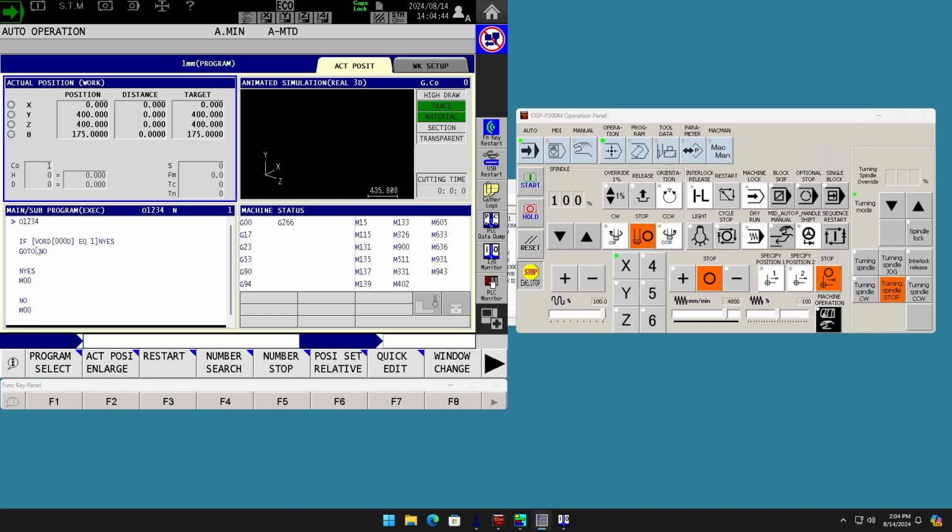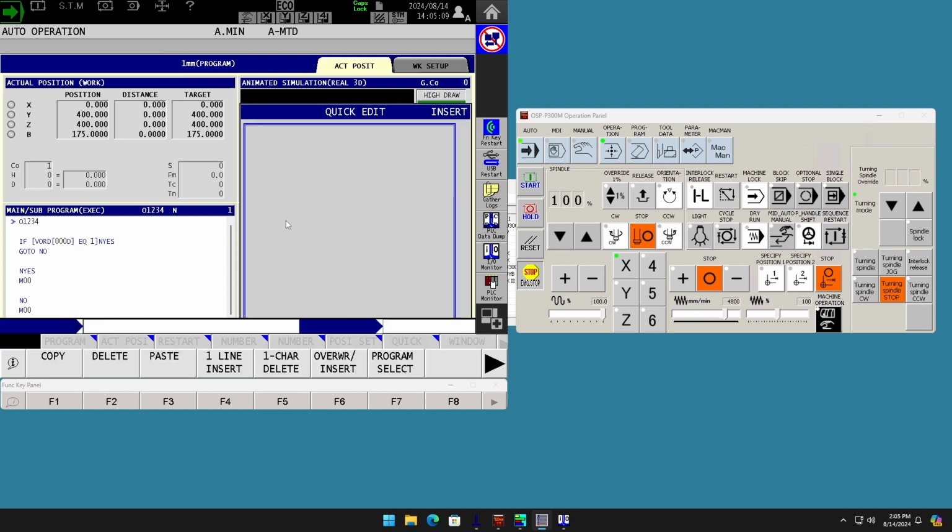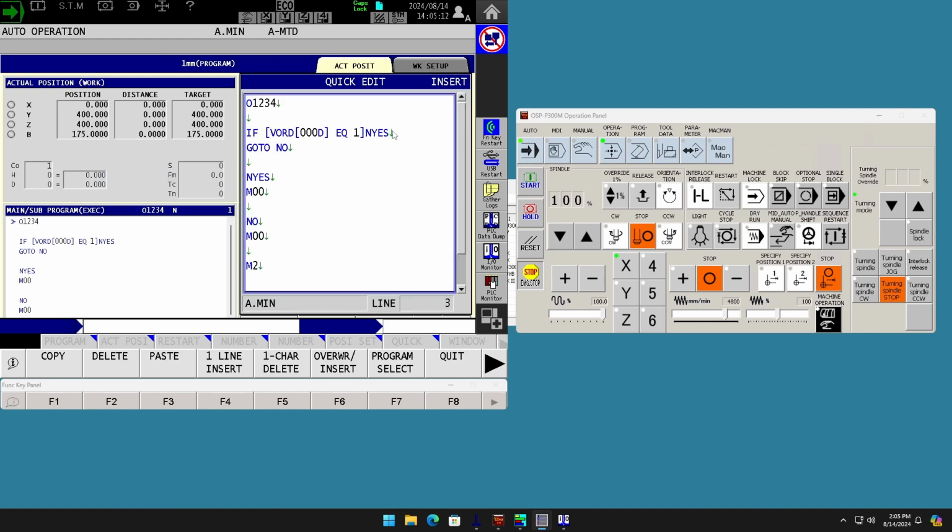So right now this program just goes into this if statement, and I'm going to explain this in detail, but if this equals a 1, then go to the N line number or line word that says yes, yes. If it does not equal 1, or if this statement runs false, it's just going to ignore this and go to no, no. And I want to clarify, this is no different to the Okuma than creating N1 and N2 here. So don't let these N numbers confuse you